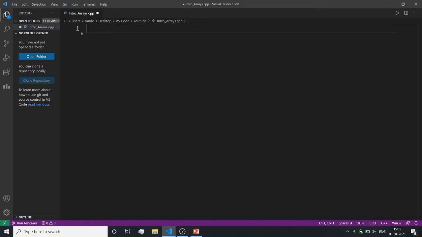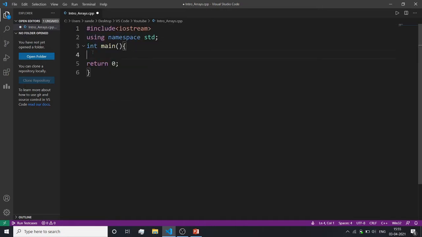So now I am going to write code for the user to give the input of the array elements, and we will also display it at the same time. First of all, I will write my boilerplate code. So this is my boilerplate code. If you don't know it, it is actually the repetitive code that we use in every program: the header file, the scope resolution, and the main return. We use all of it in every code, right? If you don't know this, I suggest you watch my video on how to create boilerplate code in VS Code.